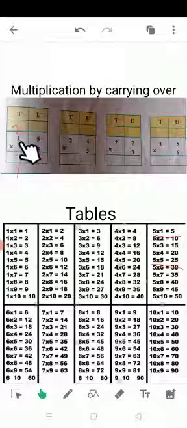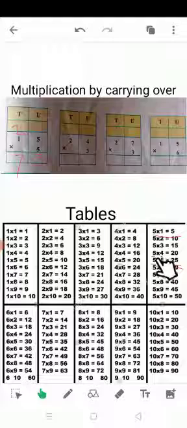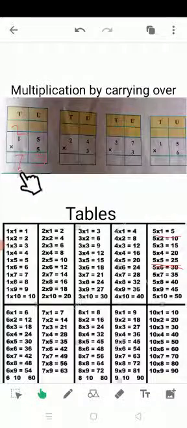And second, on the 10 side, 1 ten multiplied by 5. So I'll read the table of 5 till 1. The answer has come 5. So I will add this 2. 5 plus 2 is equal to 7. The product is 75. Okay, we will see the next sum.